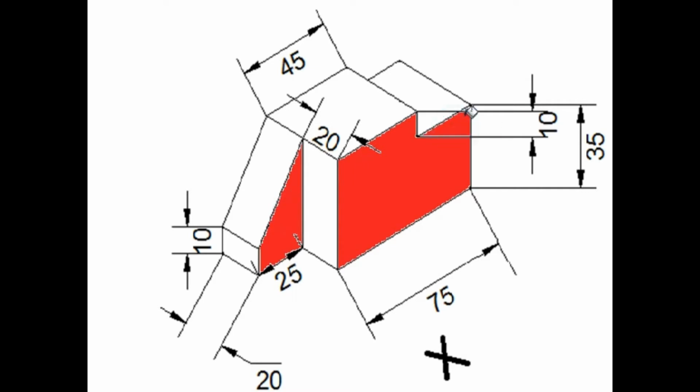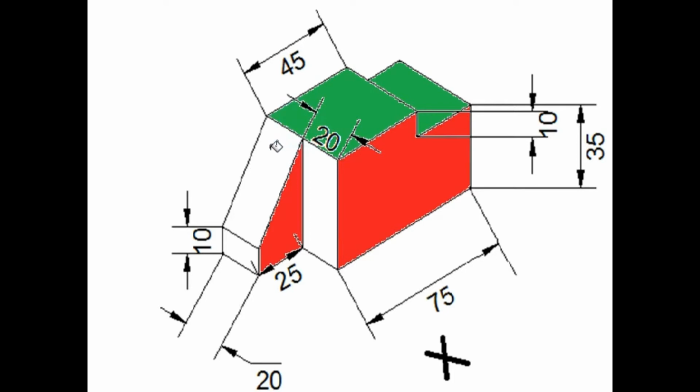Now in the front view, from the X mark here, these portions will be visible. So I am painting this with red. This portion in red color will appear in the front view only. And here you can observe the top view I am painting in green color. These two rectangles will appear in the top view, and also this slant portion. Observe that this slant portion is a little bit trickier because it will appear in the left hand side view also.